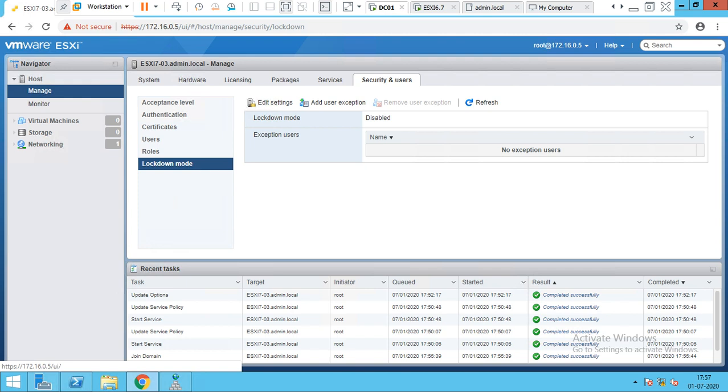Because we have not added this server to vCenter. When we assign the server to a vCenter, then I'll tell you why lockdown mode is disabled, and there are three options of lockdown. I'll tell you why it is kept disabled and why it is not enabled. Everything I'll tell you in the session when we add this host to vCenter.